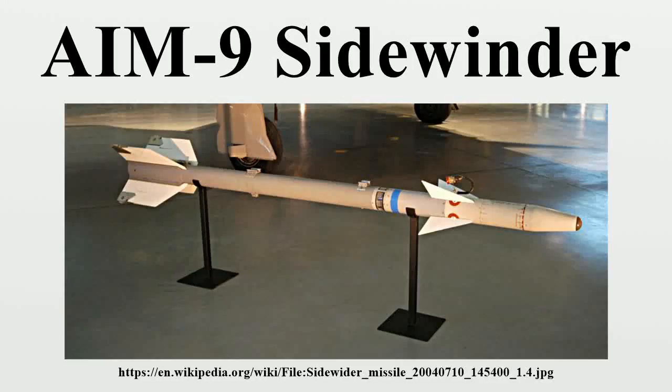The AIM-9 Sidewinder is a short-range air-to-air missile developed by the United States Navy in the 1950s. Entering service in 1956, variants and upgrades remain in active service with many air forces after 5 decades. The United States Air Force purchased the Sidewinder after the missile was developed by the United States Navy at China